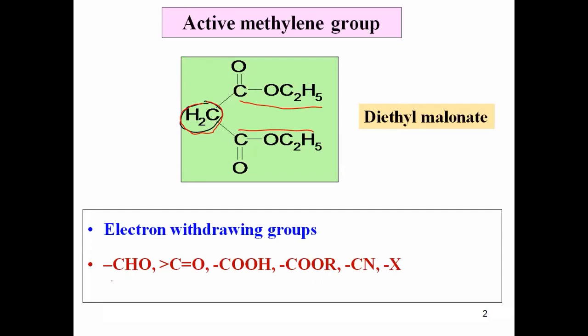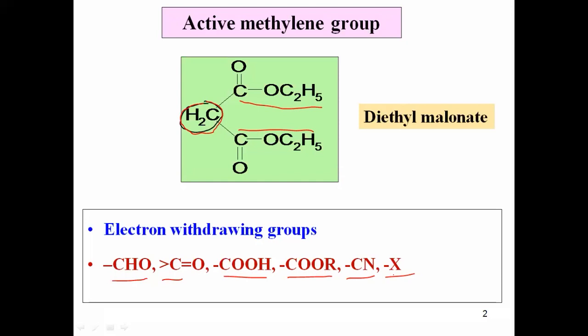Here CHO aldehyde group, then C double bond O ketone group, COOH, COOR means ester, cyano group, then halogen. These are the aldehyde, ketone, carboxylic group, ester, then cyano and halogen. These are the atoms or groups which have the tendency to withdraw electrons towards themselves, and hence these groups are called